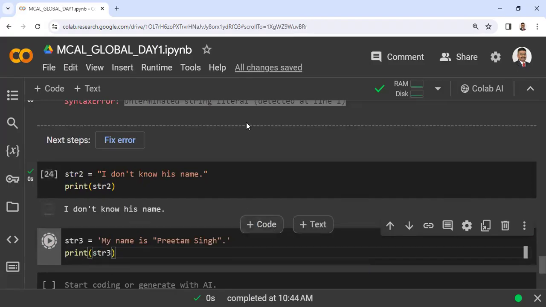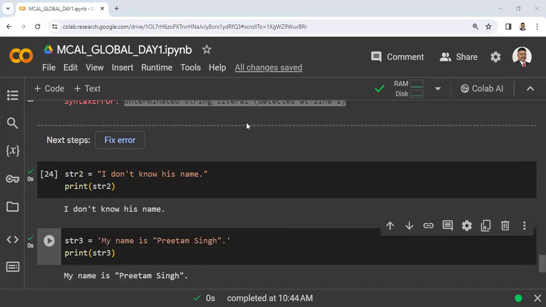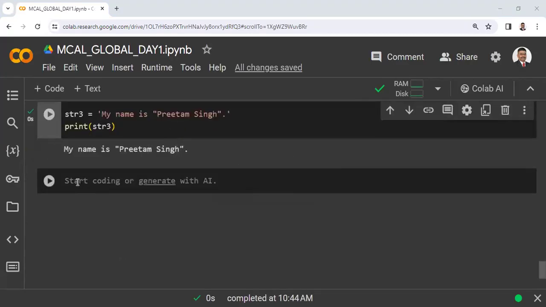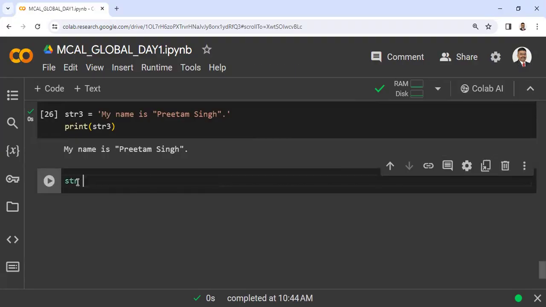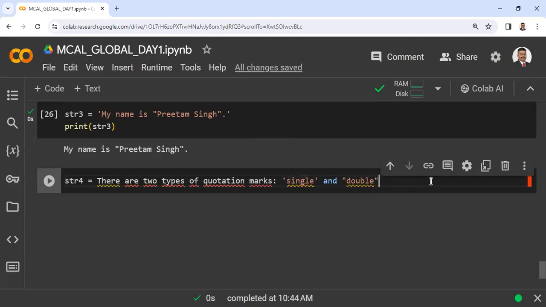Now, I have something special. You have a statement called str4, and it says that there are two types of quotation marks, single quotes and double quotes. Now, what will be the situation? You cannot use single quotes, or you cannot use double quotes in this particular case. You cannot use any one of these. So Python suggests that use triple single quotes or use triple double quotes. So triple single quotes,